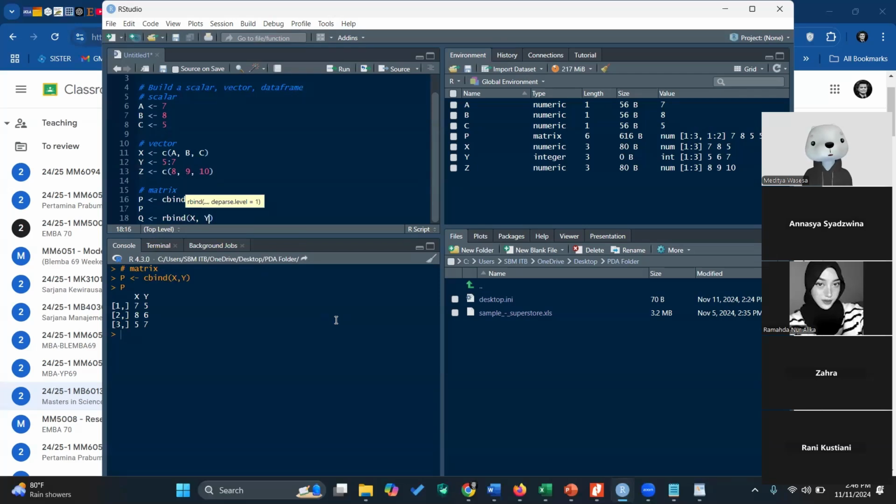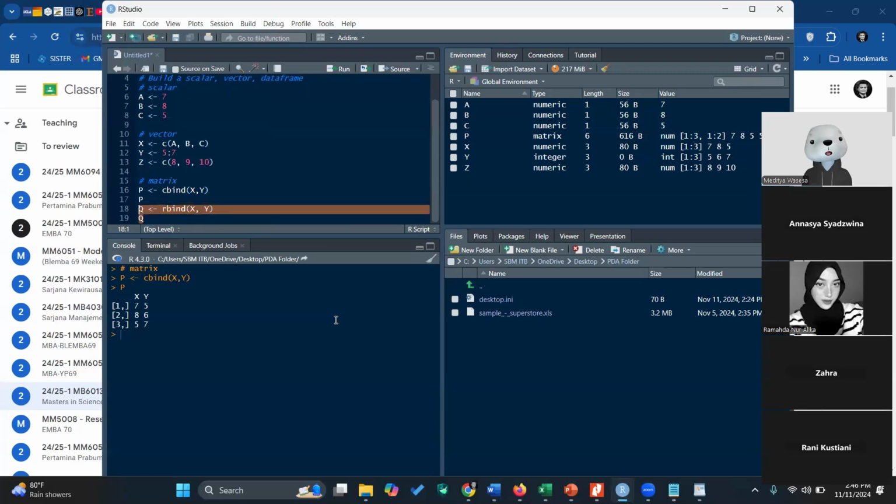I will redo it again. So the difference is binding in terms of column or binding in terms of row. Very easy. Okay.